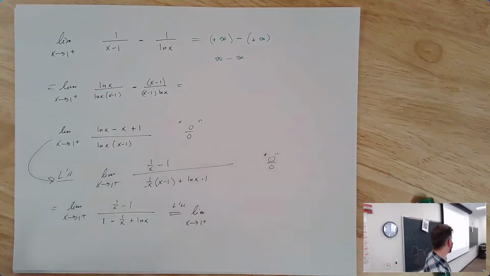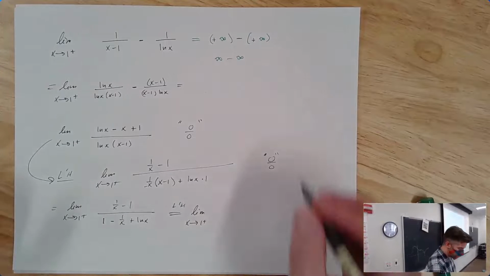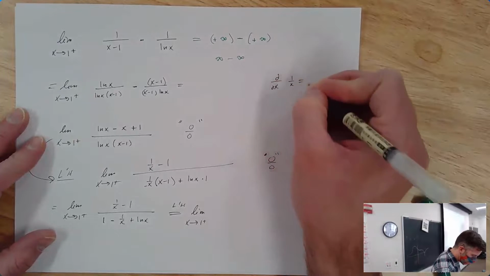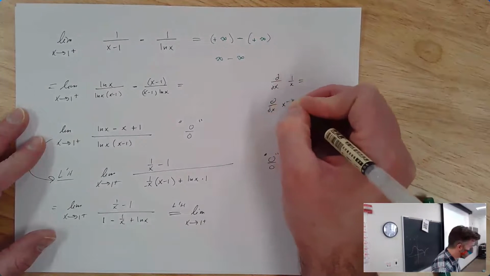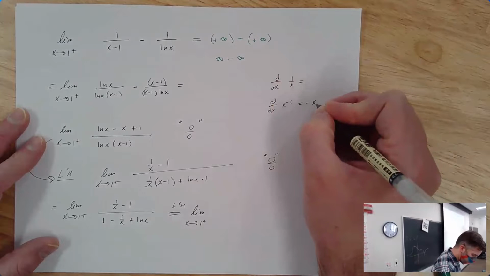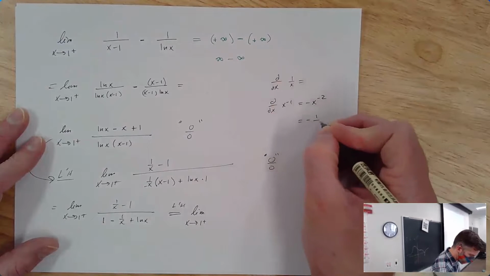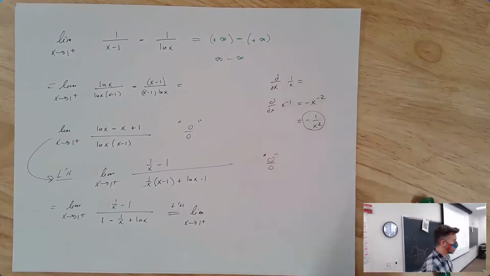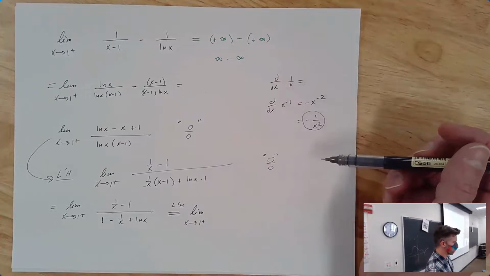So I will mention, a lot of these examples, you end up taking the derivative of 1 over x a lot. It's good to get very familiar with the fact that the derivative of 1 over x is negative 1 over x squared. We know this. We just usually take a longer route. The derivative of 1 over x is the derivative of x to the negative 1, which is negative x to the negative second, which is negative 1 over x squared. It just feels convenient to write it this way. So I really encourage you to get comfortable with it. The derivative of 1 over x is just negative 1 over x squared.